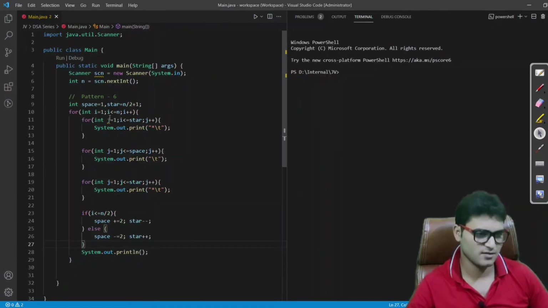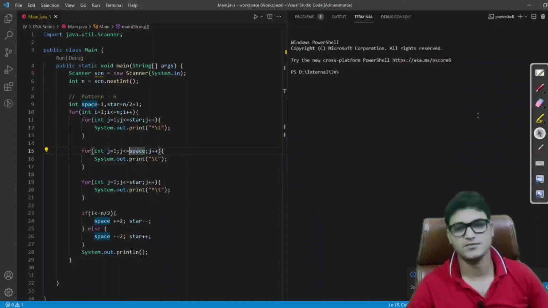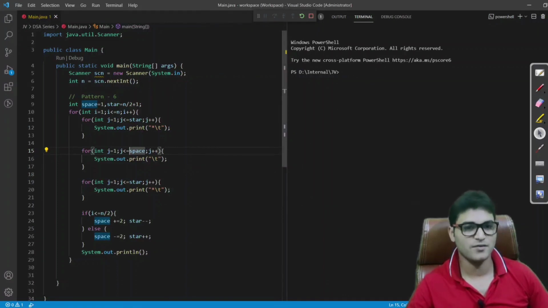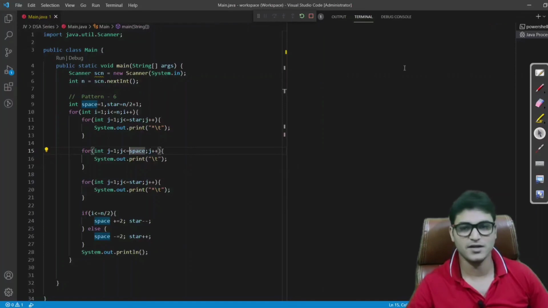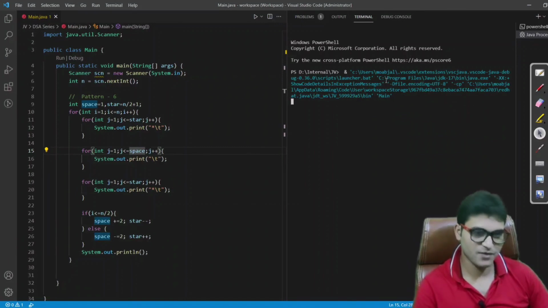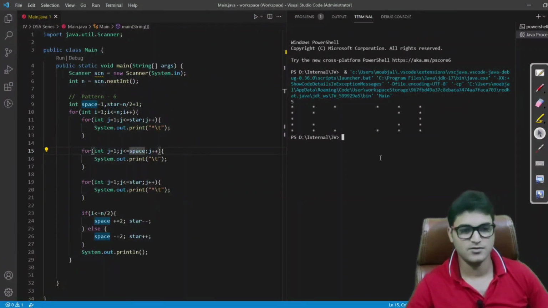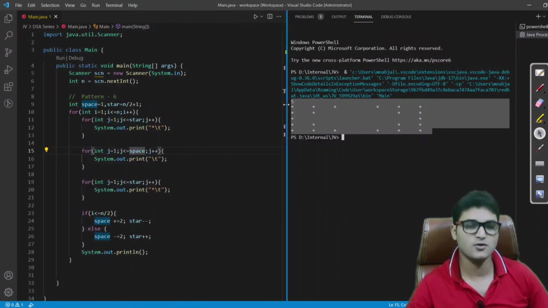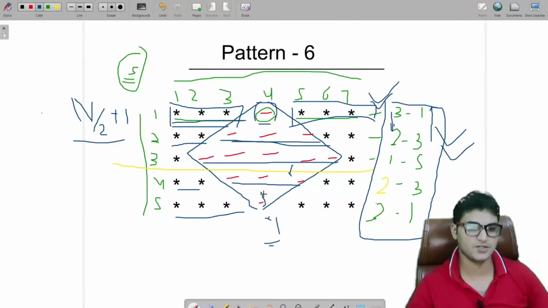Let's give it a run. I hope there is no error. Okay, I have written i here instead of j. Is there any other mistake? I don't think so. Let's run it directly. We'll see the error also. This is the code for printing the star. I have run it and I'm giving input as 5. As you can see, it has printed the exact same output which we had in our question.